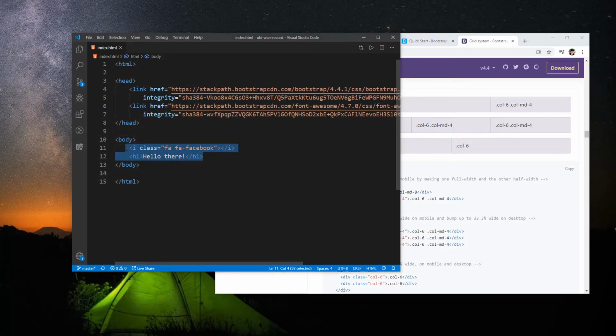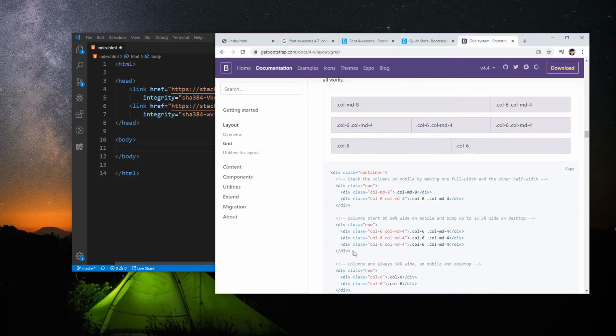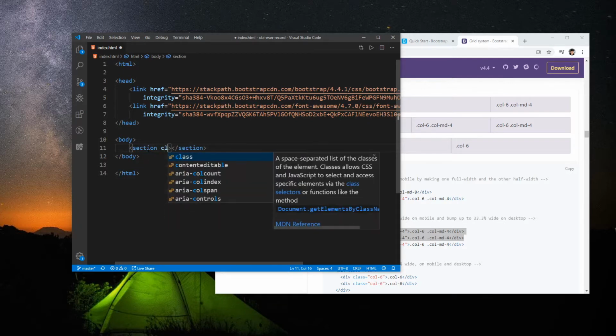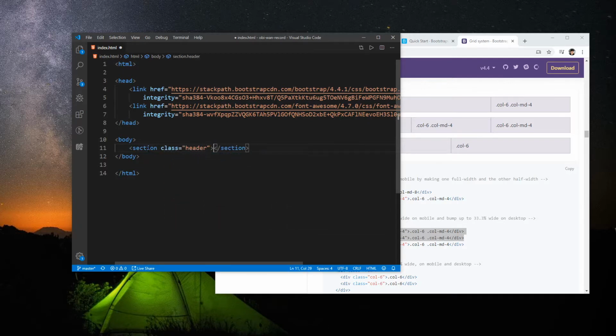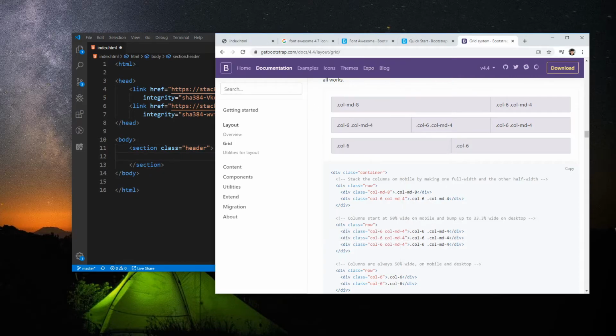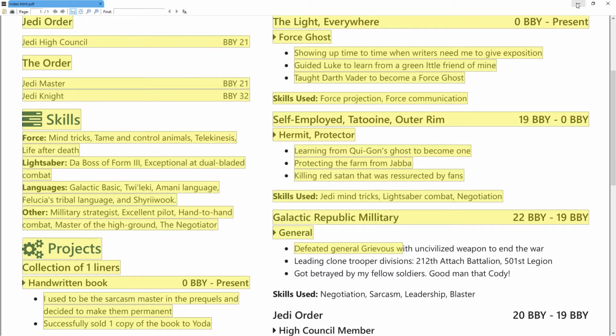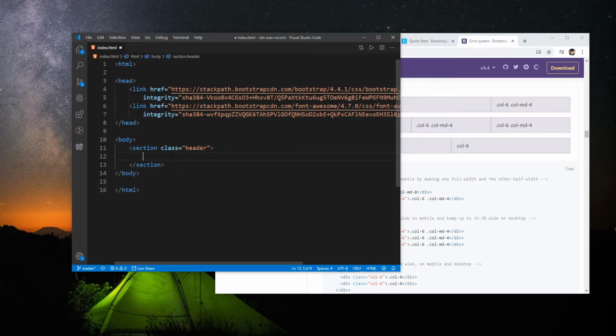So if you're dividing this into columns, everything has to start with a row and then a column. So just like this example, right? You have to have a row class and then column classes. So I'll just create a section that's much cleaner. So what I will do is just say, okay, this is like a header, which means on our resume, this top part is like a header, and then this body, the content, I'll just say content or something, and then basically this would be